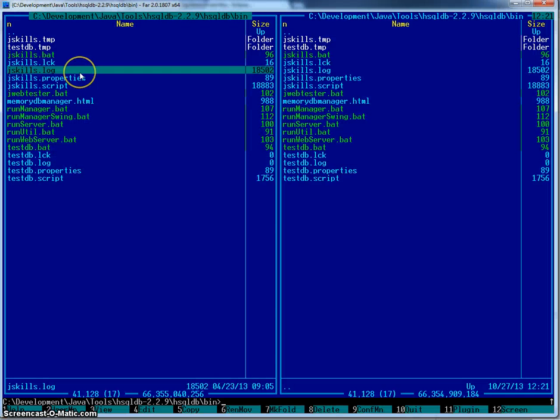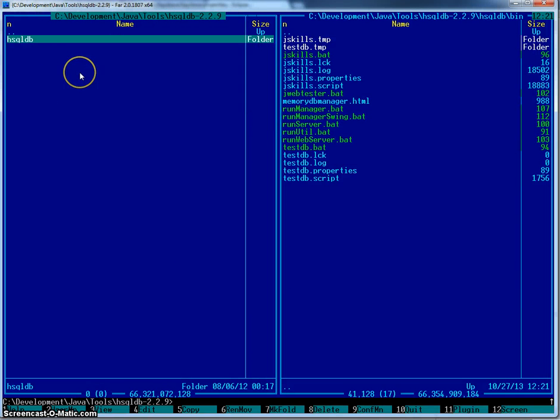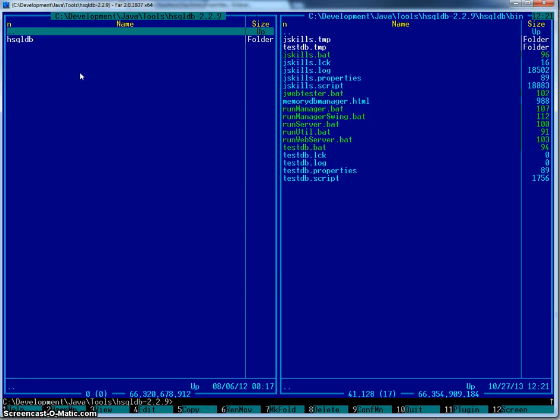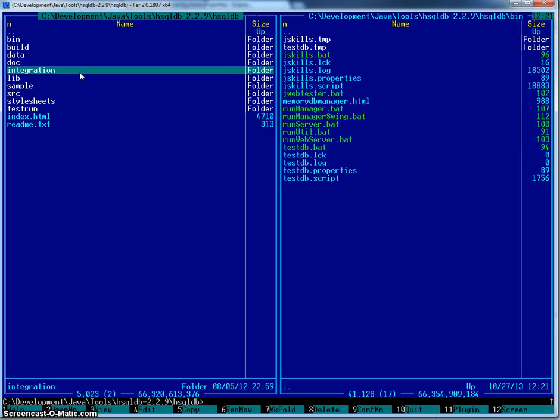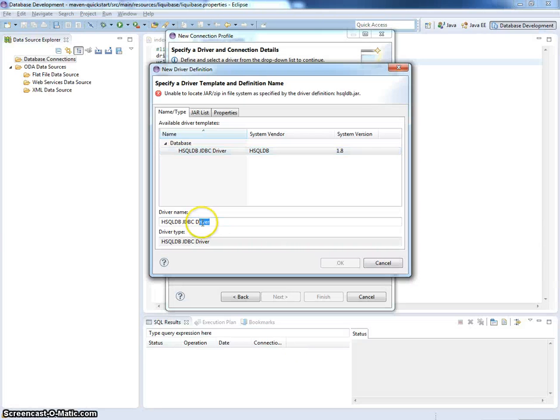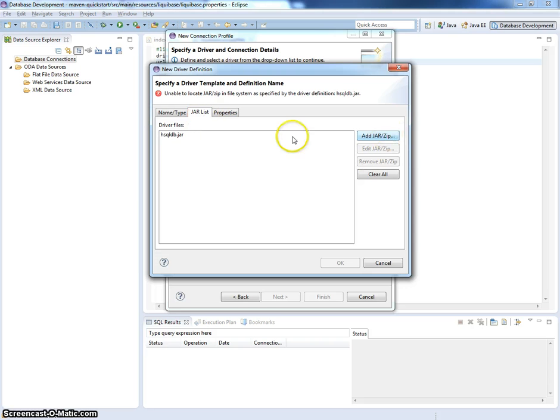The version of the driver will be HSQLDB 2.2.9. The actual jar file with the driver is located under the lib directory of your HSQLDB installation. So JDBC driver 2.2.9, and I will add the jar file for this